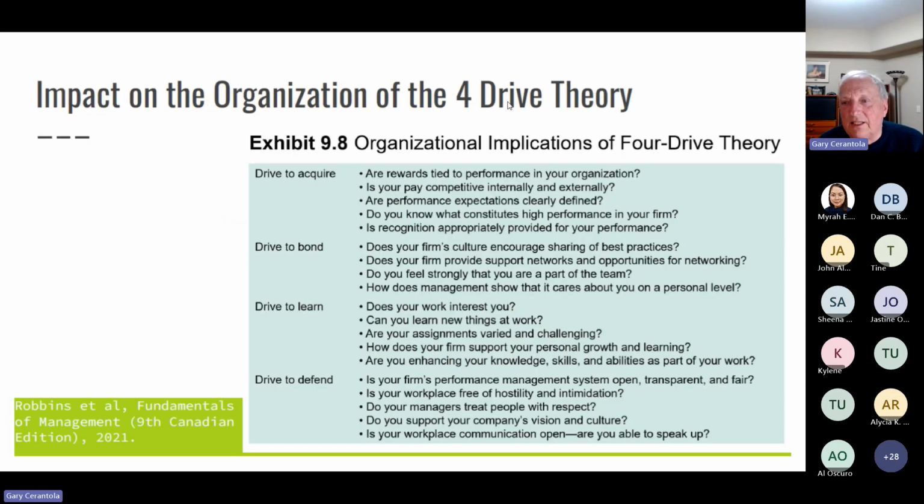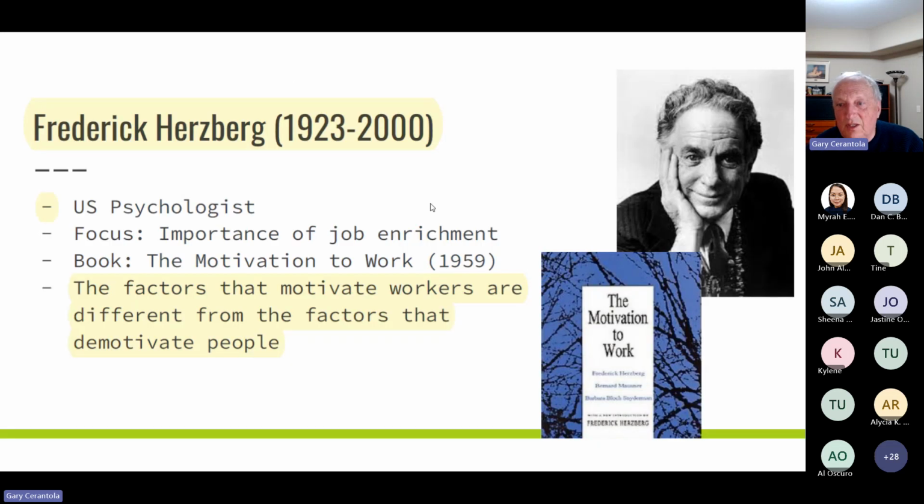Okay, so I want you to read these pieces through to get a sense of what it is about drive to acquire. Are rewards tied to performance in the organization? So now you've got some enablers to tag onto: how to accommodate drive to acquire, how to accommodate drive to bond, how to accommodate drive to learn. And oh, by the way, take a look at your participation activities in 7A and 7B, and there may be some really good ideas here to come up with in doing those team pieces.